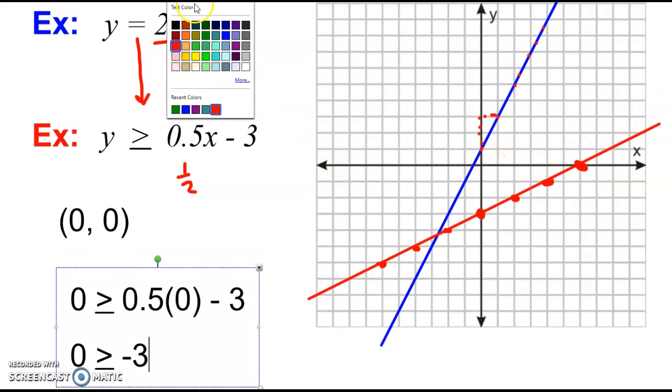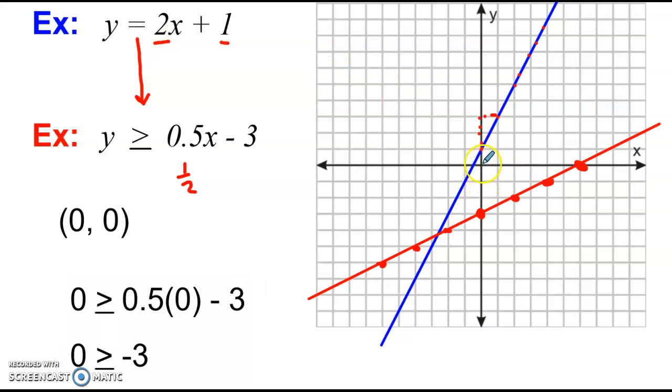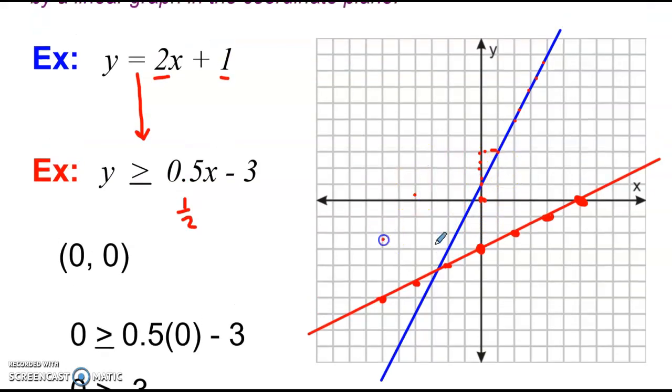What this is saying is since the origin is an answer, sorry, I'm having technical difficulties here. Since the origin is an answer, so will every ordered pair that falls on the same side of the line as the origin. So here's our line. You can ignore the blue one for now. Here is the linear inequality that we just graphed. y equals 1/2 x minus 3. We tested the origin. The origin is a solution. And that means we don't have to do any more testing. Every ordered pair that falls on that same side of the line, in this case above the line, is also